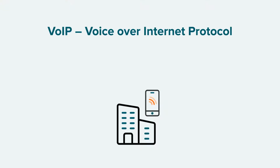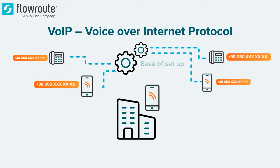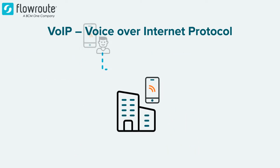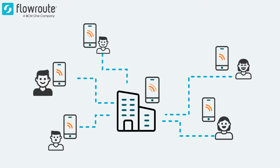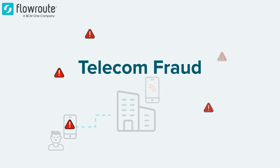VoIP, or Voice over Internet Protocol, has become an indispensable resource for businesses. The ease of setup, quality, and lower cost make it an ideal choice for companies that rely heavily on voice calling to power their operations and connect with customers. Though VoIP's notable benefits make it a powerful communications asset, there's a looming challenge on the horizon that threatens businesses: